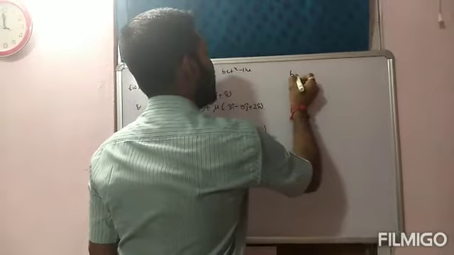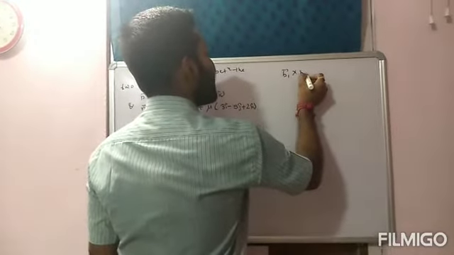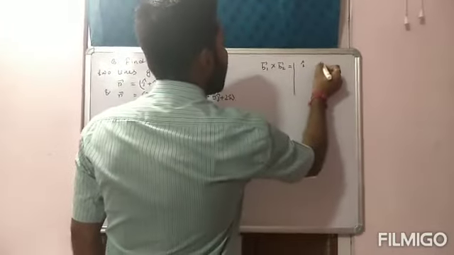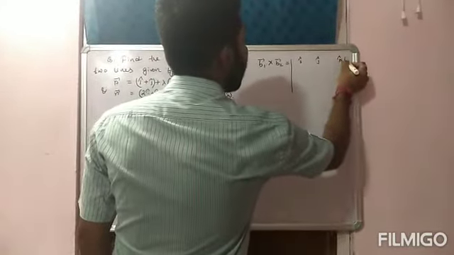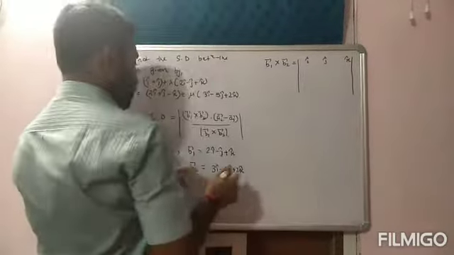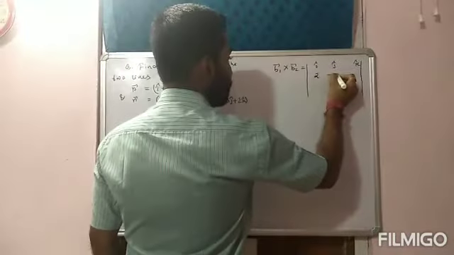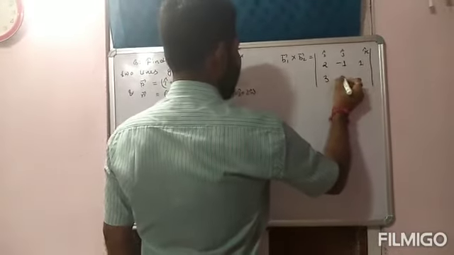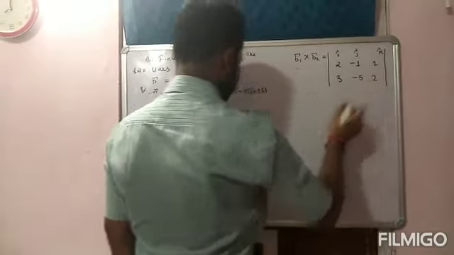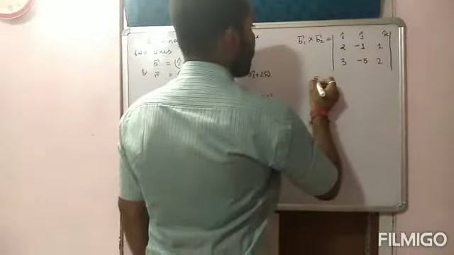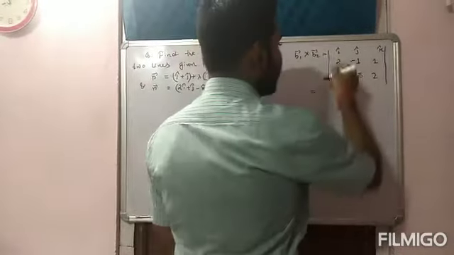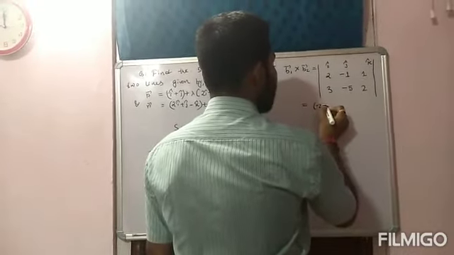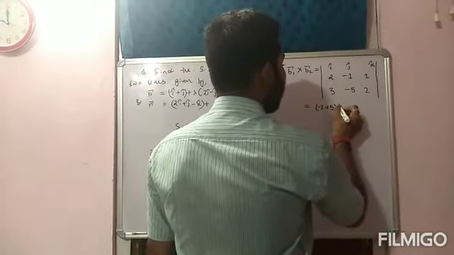Now you need to find b1 cross b2, that is the cross product. i cap, j cap, k cap, cross product find out करना है. तो यहाँ पे आ जाएगा 2, minus 1, 1, 3, minus 5, 2. You know how to find. Delete the position of i cap. Minus 1 into 2 minus 2 plus 5 i cap